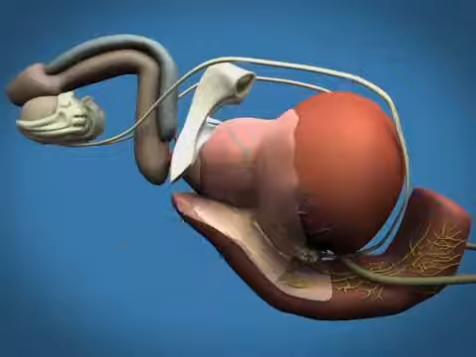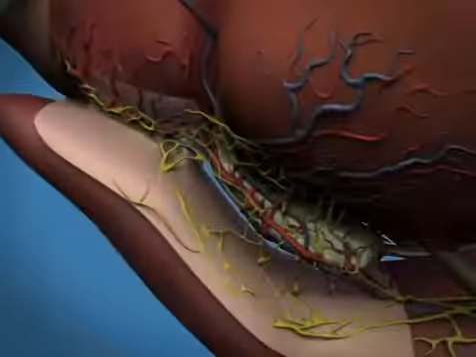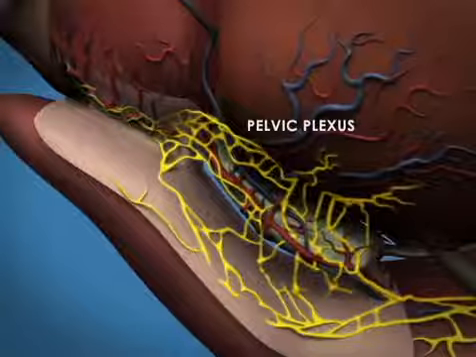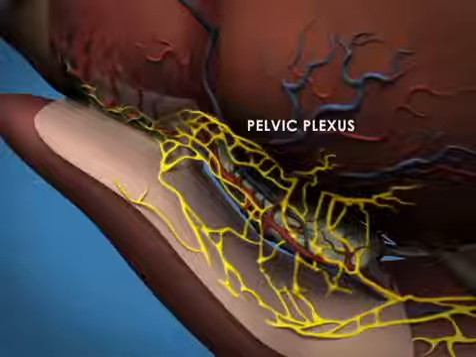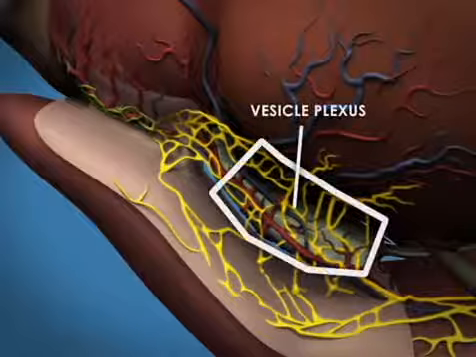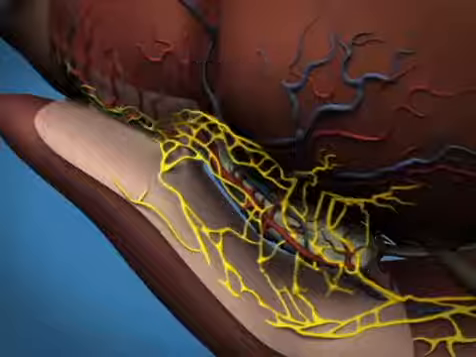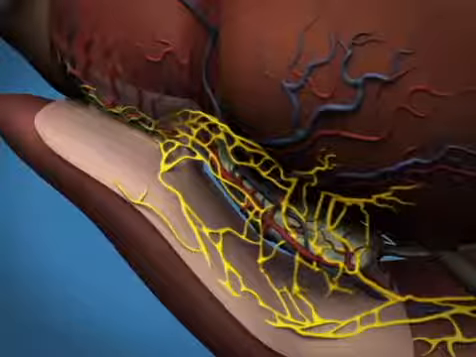In this view, we also see the levator fascia, which covers the prostate. The pelvic plexus is found on the anterolateral aspect of the rectum. The important erectile components of this plexus include the vesical plexus and the prostatic plexus, and interconnecting nerve fibers. These ganglions and neuronal connections